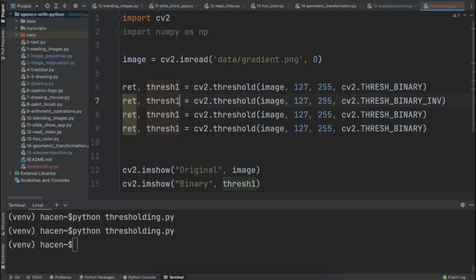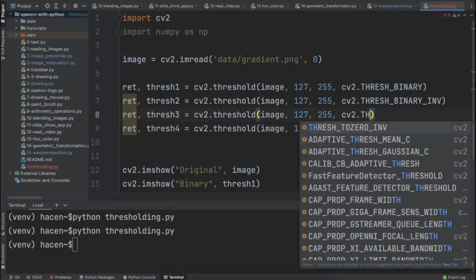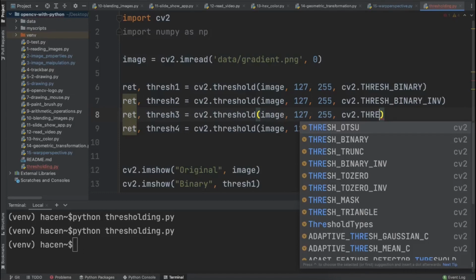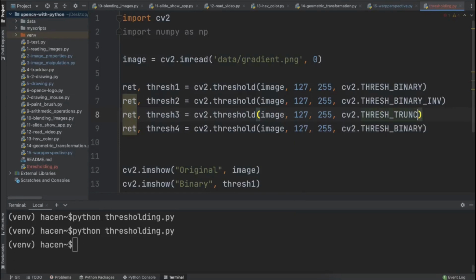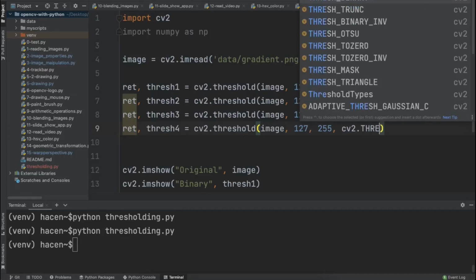So I will call it thresh2, and this one thresh3, and this one thresh4, and I will change here the type of thresholding. So let me see thresh trunc, for example, and other types also, like thresh tozero, for example,